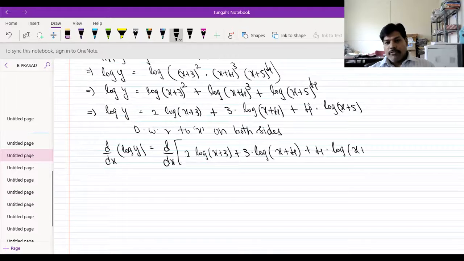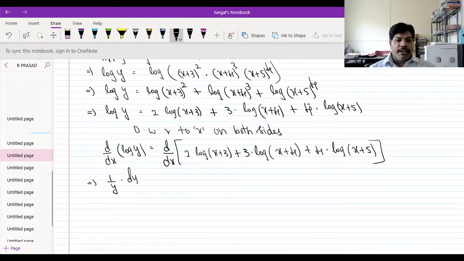So that implies log y derivative is 1 by y into dy by dx